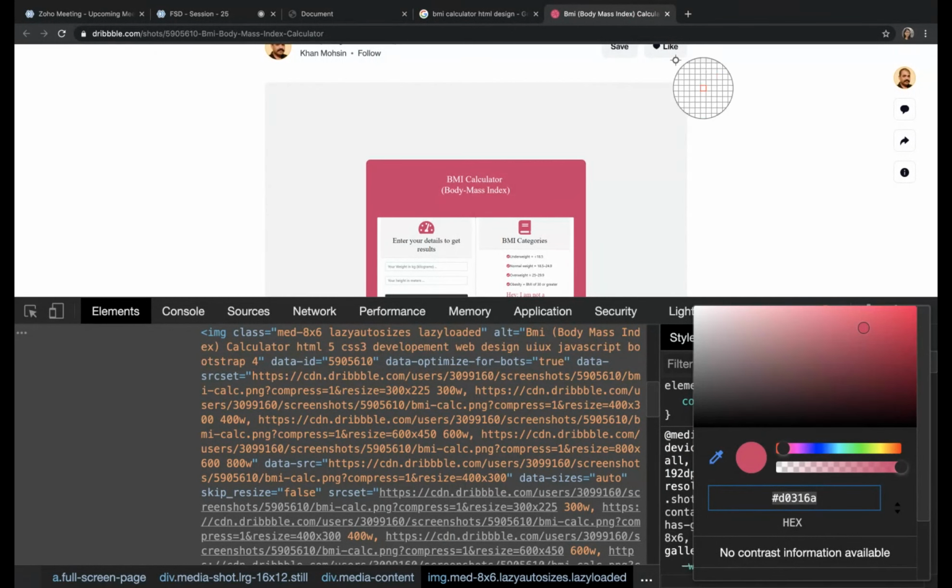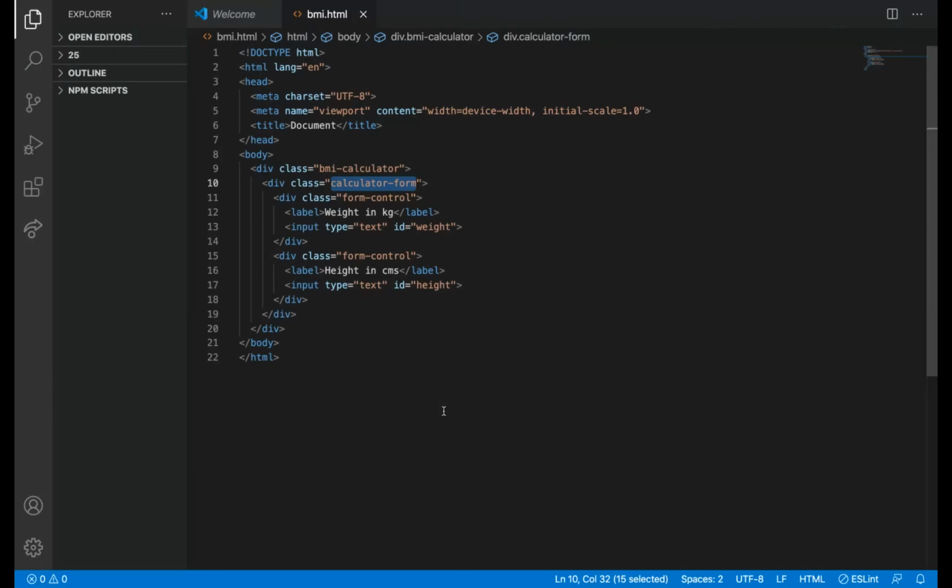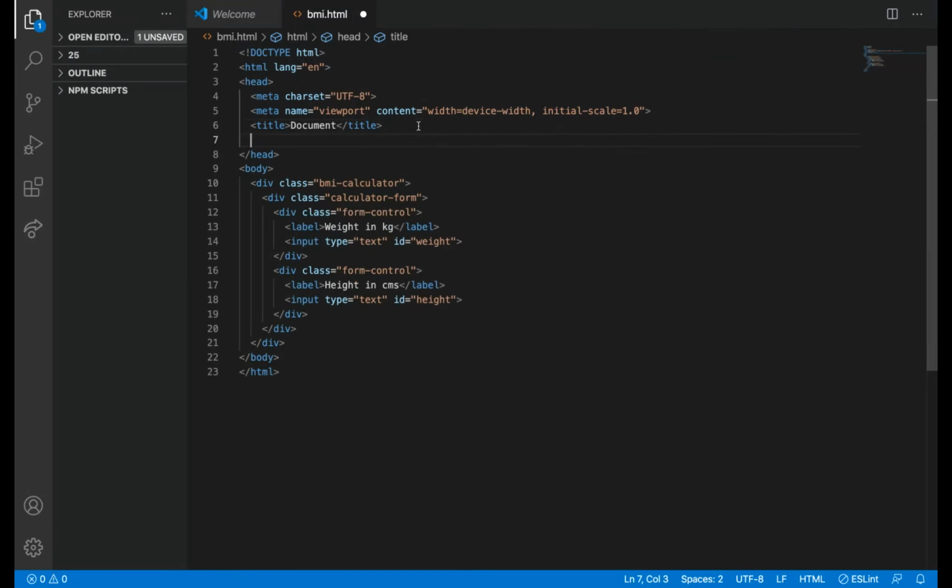So what we are going to do is give the background color. For now in style I'll write it here.